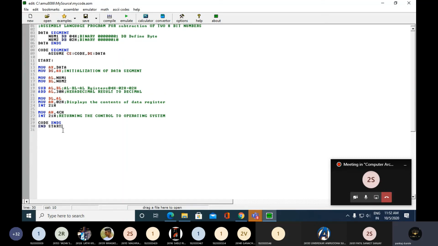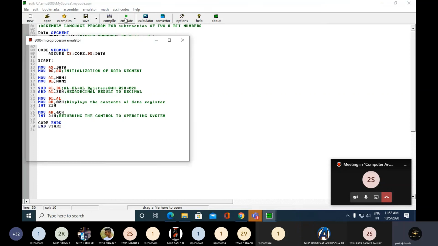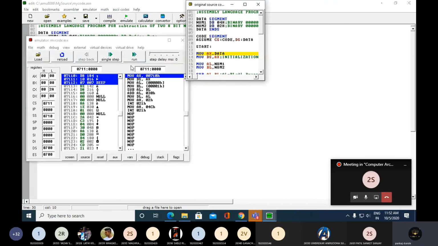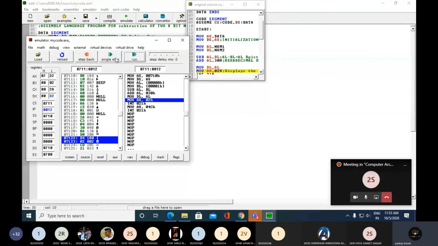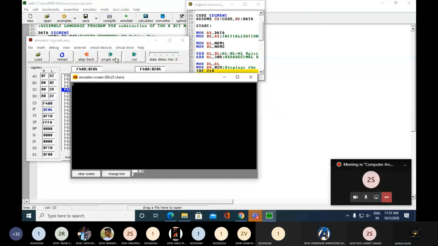Now after completing the program, we need to emulate the program by clicking on emulate. If you want to observe the step-by-step execution of your program, you can click on single step, and finally you get the answer.